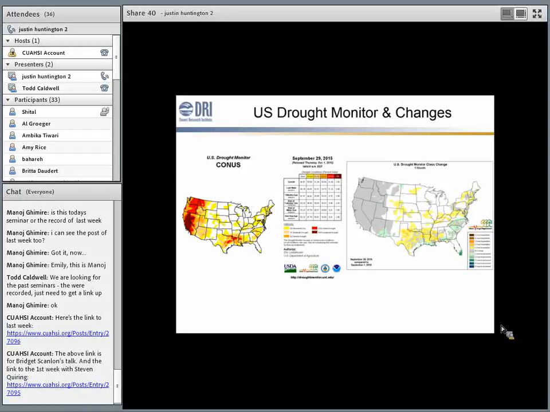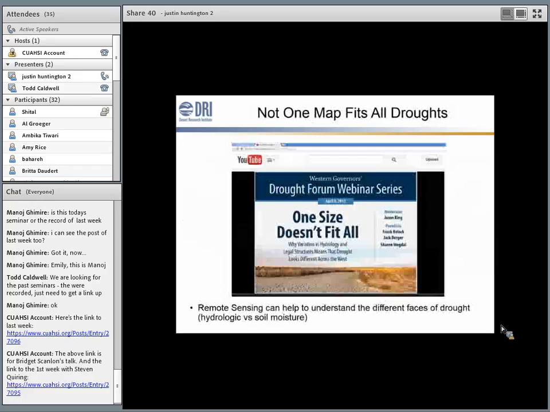But from the MODIS maps that I showed earlier of NDVI, there's very large changes. And so I just wanted to point out that using remote sensing, and specifically place-based remote sensing, where you can actually zoom in, pull out time series, look at specific counties and even farms, is really powerful and really can complement the U.S. Drought Monitor different classes that are shown. So the point is that not one map fits all